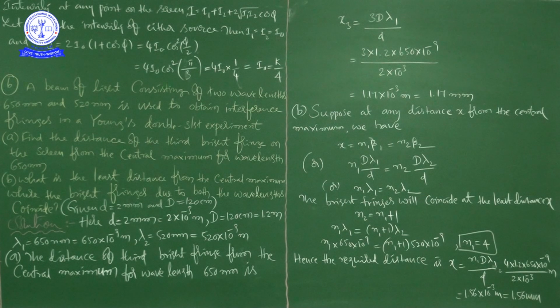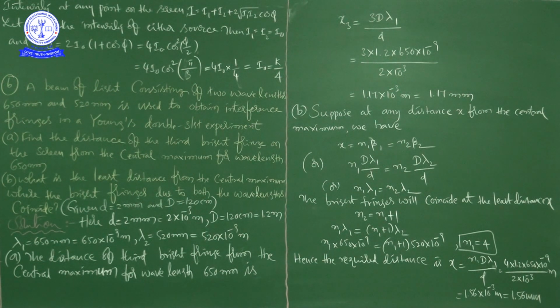Anyhow we have to substitute all the values in one system of unit. I used to repeat many times, when we substitute the physical quantities in a formula, all the physical quantities must be in one system of unit, whether it is CGS or SI, we need not bother. After getting the answer, if you want to convert, you can convert into any system of unit. For example, here we are getting the answer in millimeters, so it is not SI, it is not CGS, it is a smaller unit of distance. So whatever he is asking, you can convert.